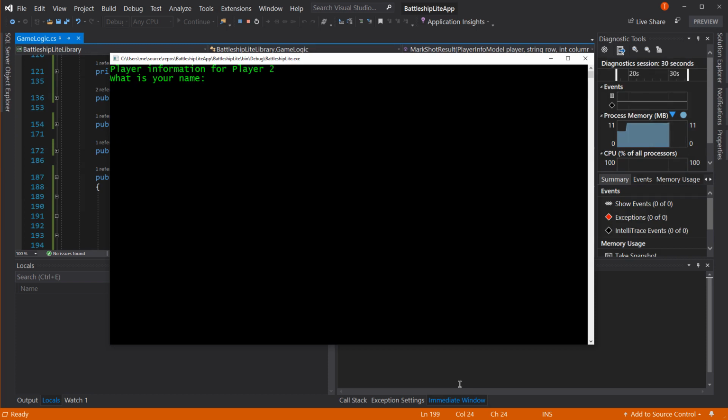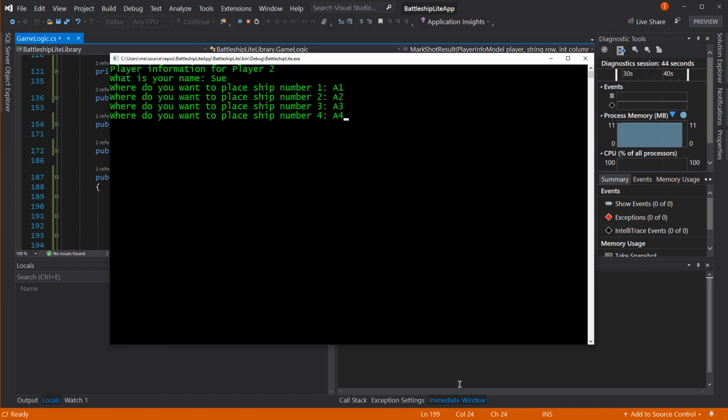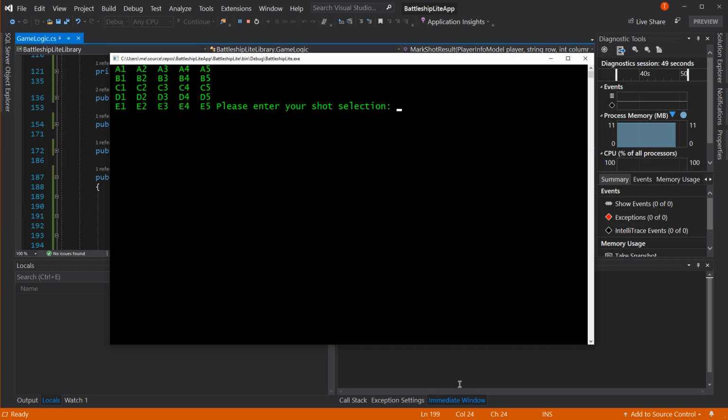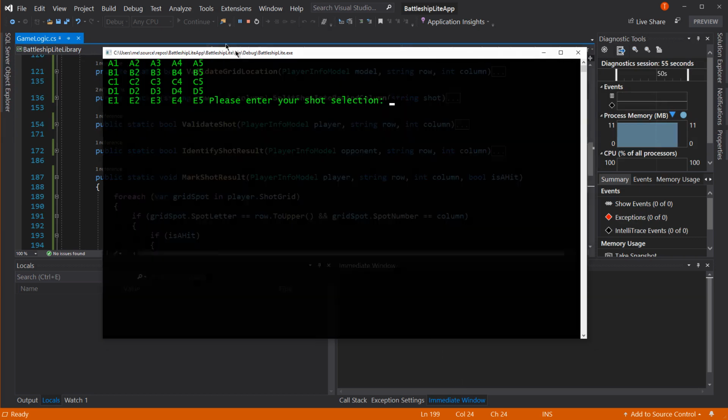Great, it clears the screen, and now it's player 2. Player 2 is Sue, and player 2 is going to be kind of like me, but just a little different. A1, A2, A3, A4, and A5. Notice these have all gone in. Okay, so what I'm going to do is I'm going to have a notepad. In fact,